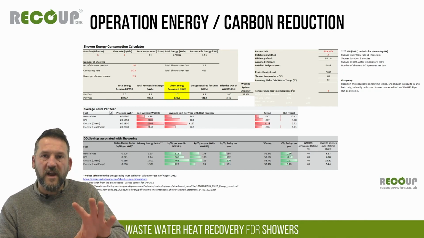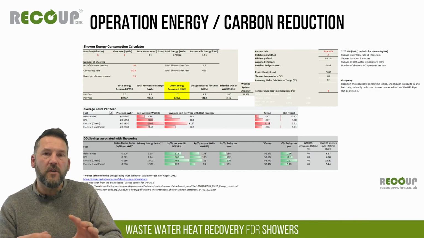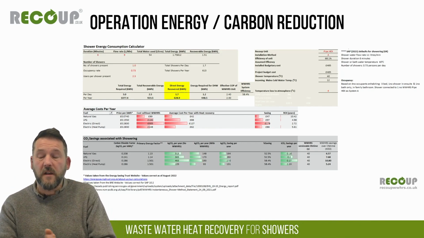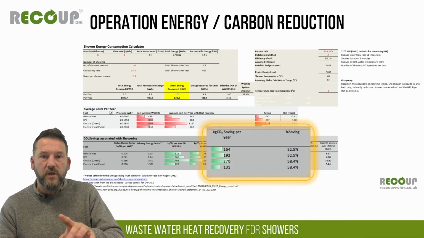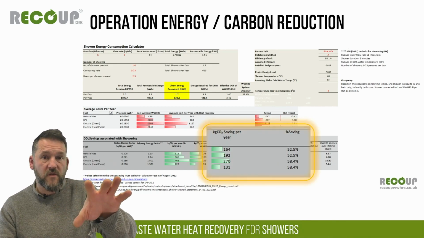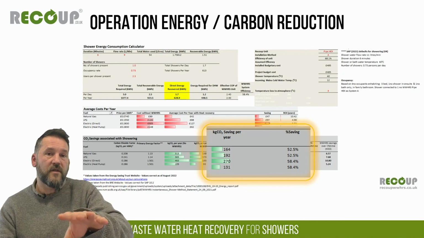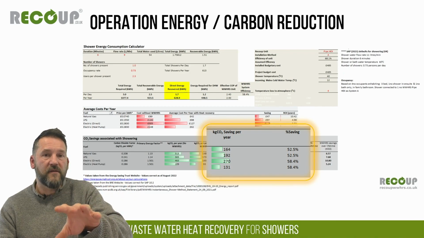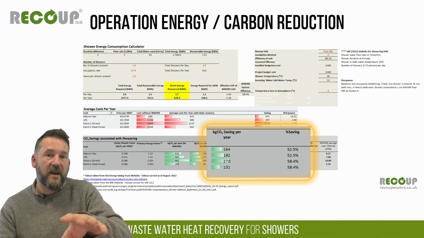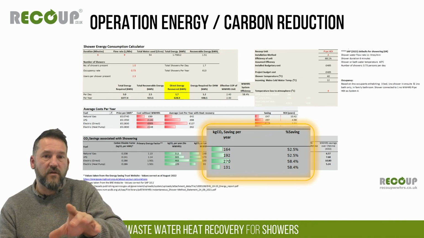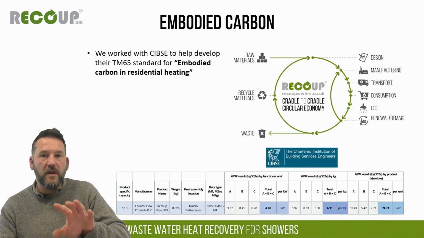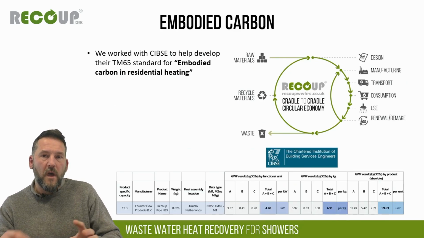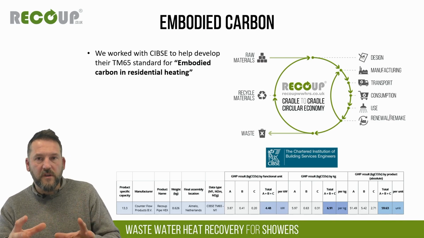So we can really get as granular as you need, and certainly if you're modelling in DSM or SBEM, all this can be added in as supportive evidence for you. I'll just draw your attention here. So this is, again, that 3-bedroom home. We're looking at around about 164 kilograms of CO2 saved per year on gas. And if we look at that against an air source heat pump, we'd expect around about 131 kilograms of CO2 against air source. I'm going to ask you to hold that thought, because when we look at the embodied carbon